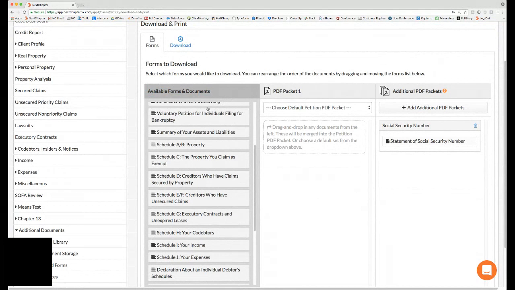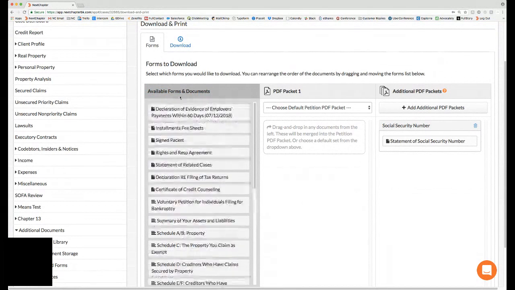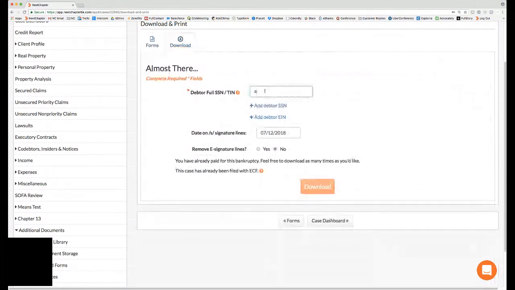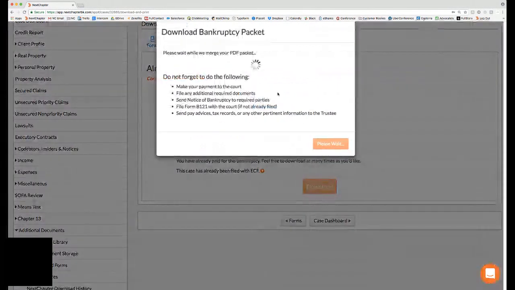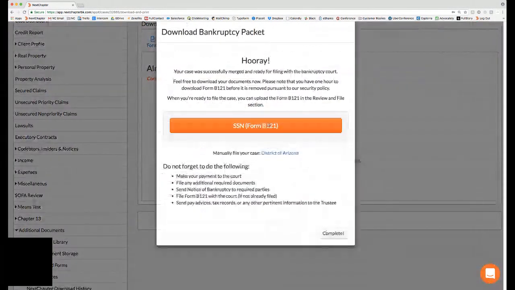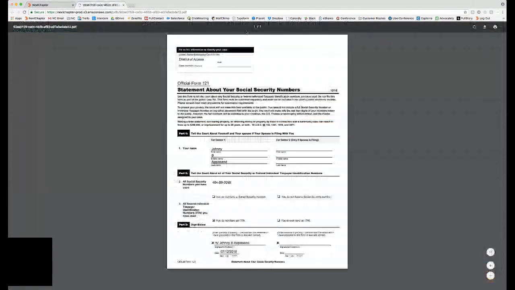So for this specific example, I'm not worried about my petition right now. I just want to download the statement of Social Security. Continue to download, enter in that social, and then click download. So I'm going to save this just to my desktop because we can file this with your case if your district requires that. Some don't require that. So click on the orange bar. And then I'll just save this to my desktop quickly as the SSN form,